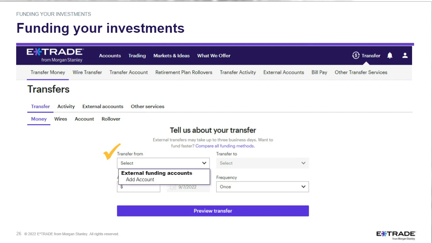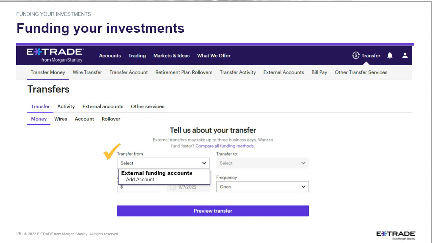So this is using what's called the ACH system. It's much like what Venmo and PayPal use if you are a user of that. The idea is that the money moves electronically, but it takes a couple of days. Typically with my bank, if I transfer money into my brokerage account, it's usually there the second day. And same thing if I'm withdrawing money. The same function here allows you to move money back to your bank account.